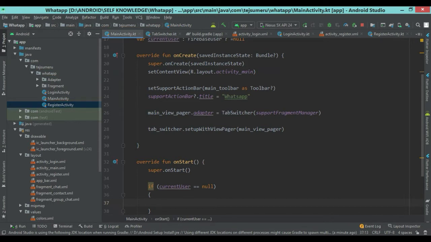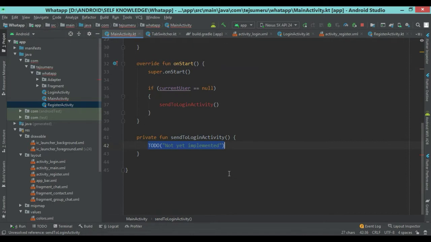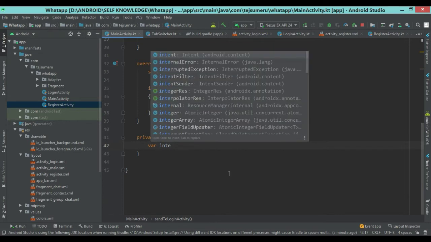So creating one method, that is send to login activity. You can click Alt Enter to show the suggestion and click on create function send to login activity. And here we are creating the intent variable that is used to redirect the user from one activity to another activity.